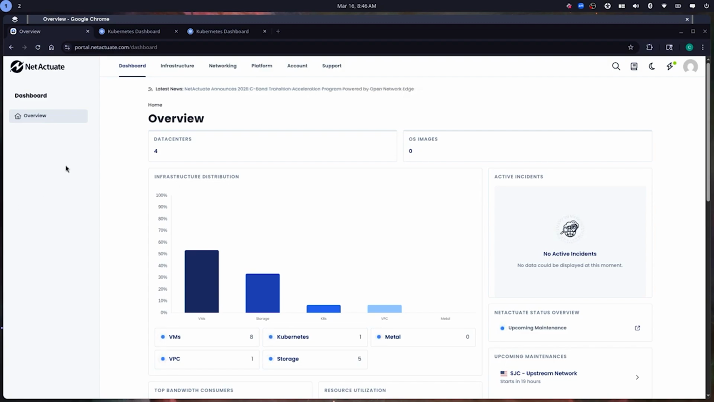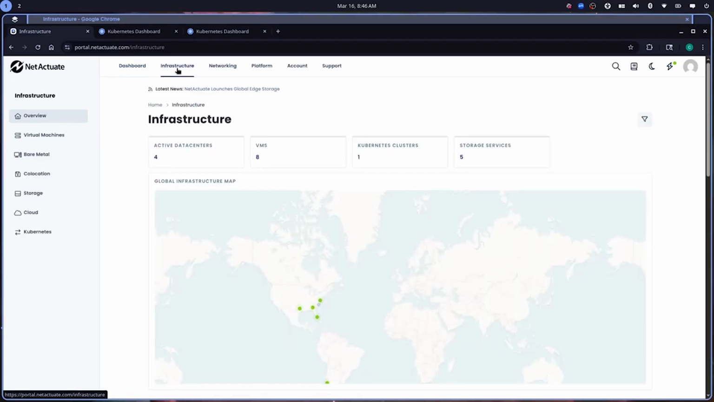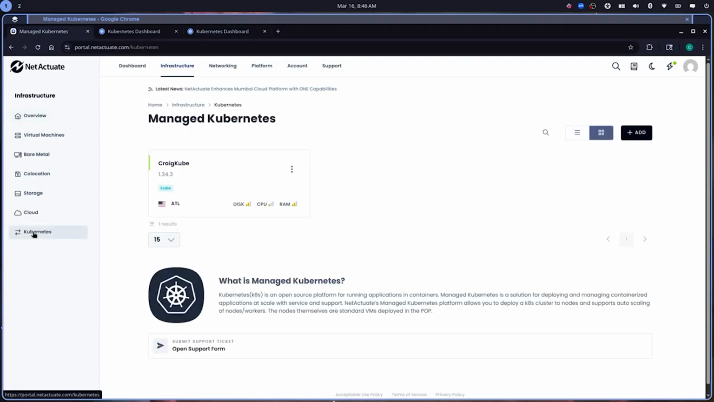My name is Craig Jackson, and today I would like to demo how to install Kubernetes on our platform. We first start by clicking Infrastructure, and then on the bottom left we click Kubernetes. You'll come to a screen that shows any existing clusters, and you'll have the ability to add a cluster in